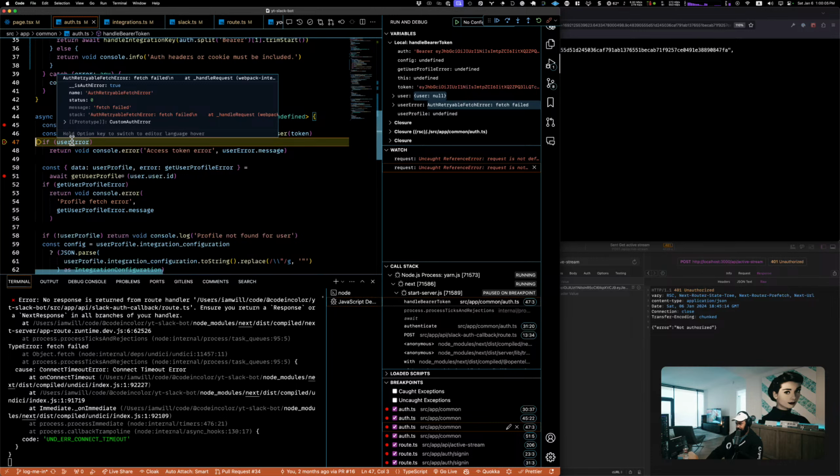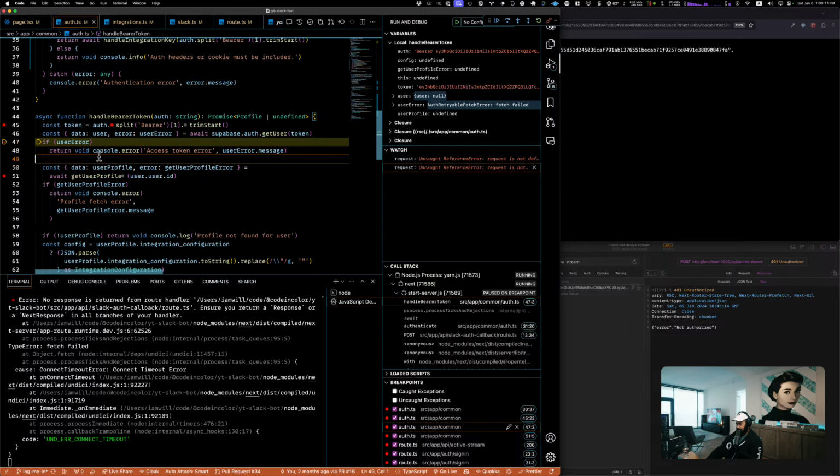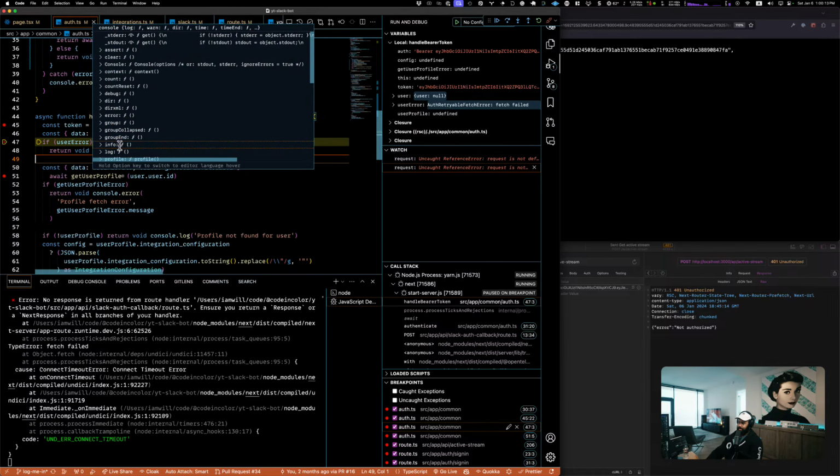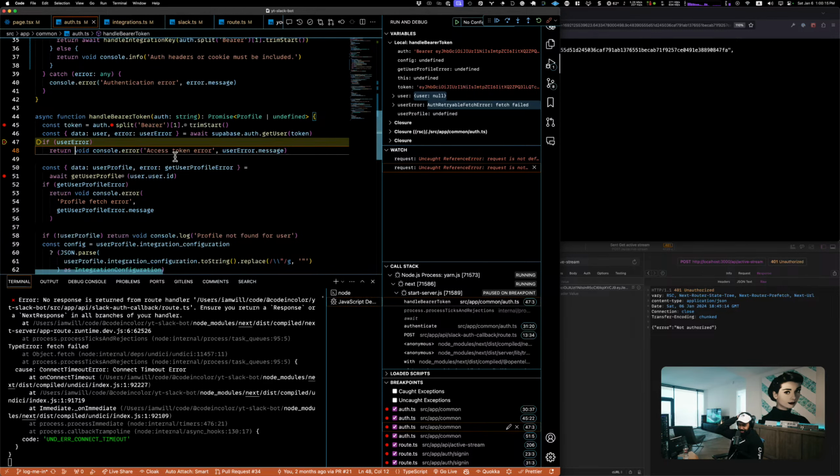Auth retry fetch failed. Okay. I need to start throwing errors. I either need to start throwing errors or returning an actual response. I need to do that soon because this is starting to become hard to deal with. But for now, we'll go on. So that's the problem here, is that it's not getting a user.